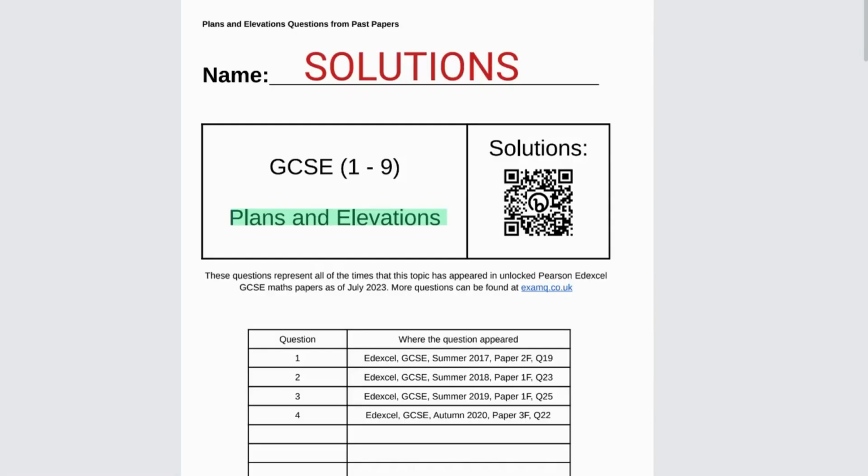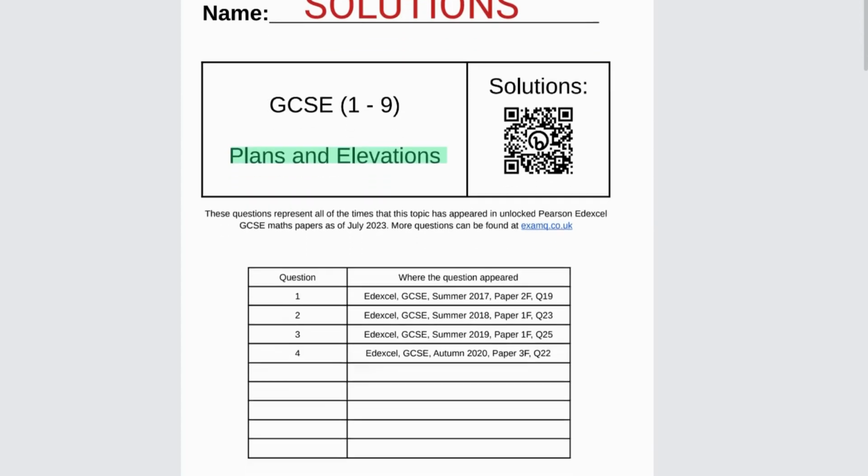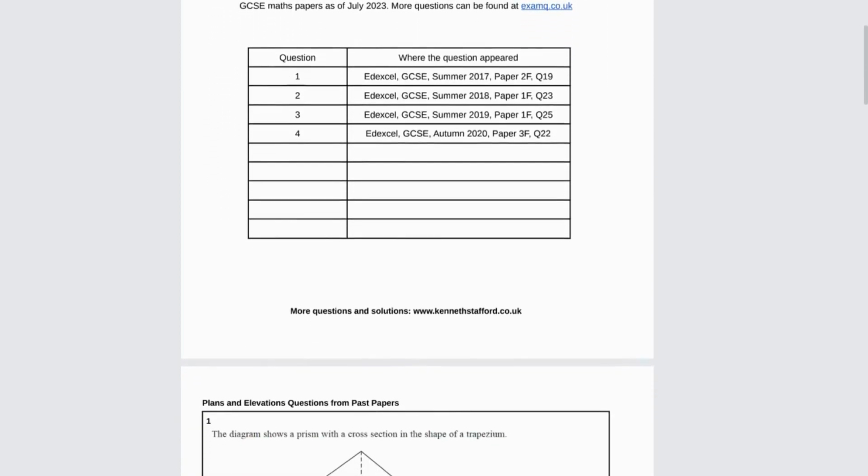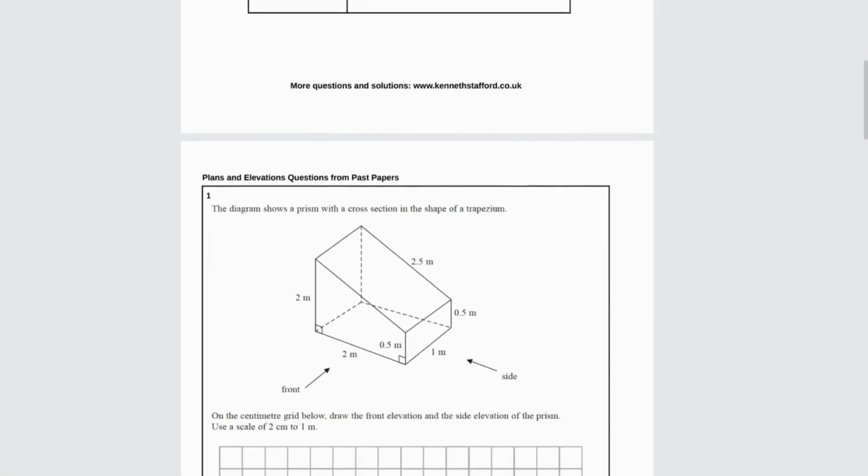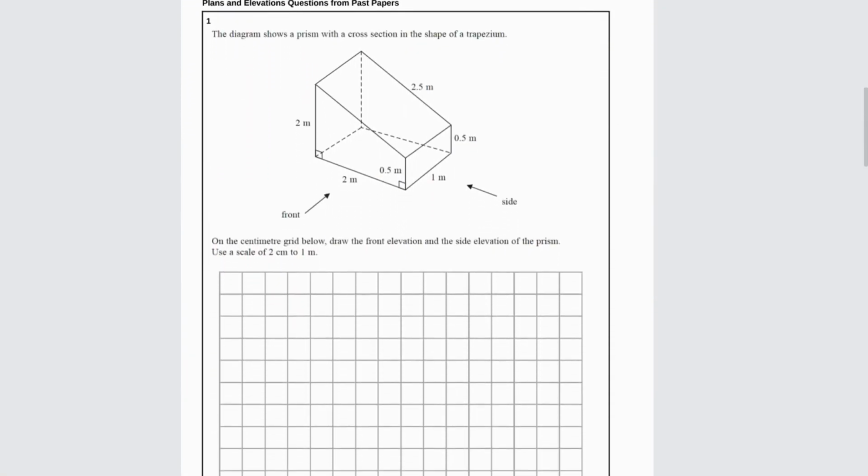Okay, here are the solutions to a worksheet I put together of plans and elevation questions that have come up in GCSE Edexcel exams so far. So this is just me going through the solutions. If I come down here to the first question, the diagram shows a prism with a cross section in the